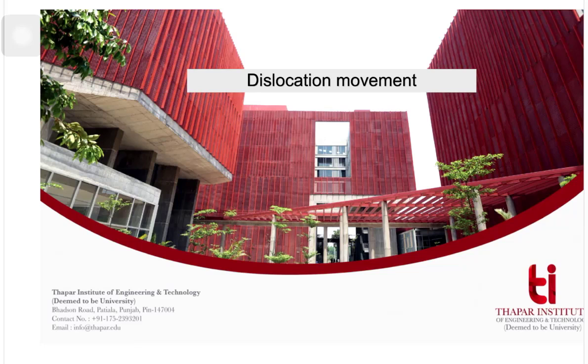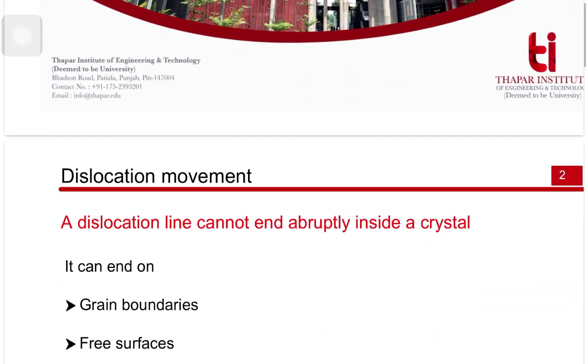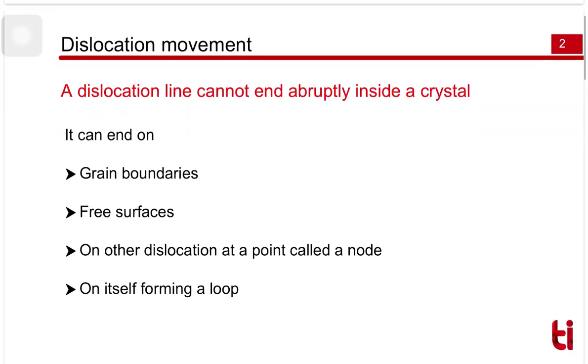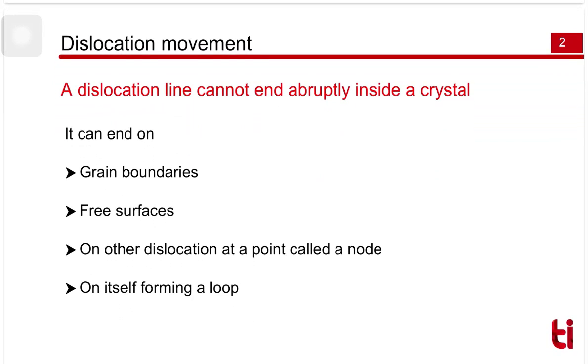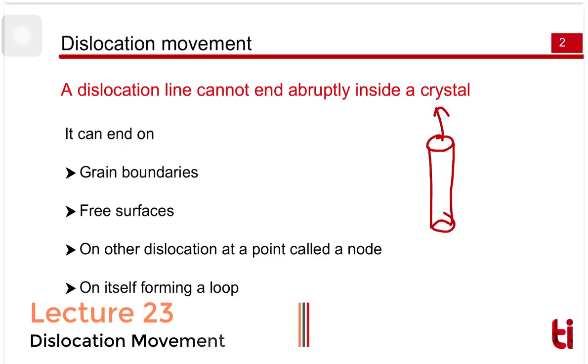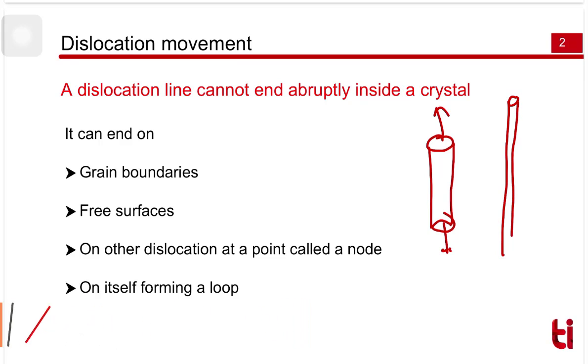Hello students. So today we will understand the motion of dislocation, or dislocation movement. Before we go to understand the typical motion of dislocation, let's first discuss a little about plastic deformation. Plastic deformation is nothing but this: if you have a metallic rod, a metallic specimen, you apply tensile load to it and it will elongate, length will increase and diameter will decrease, and this will be non-recoverable, so we are calling it